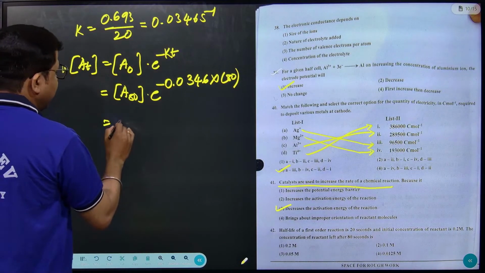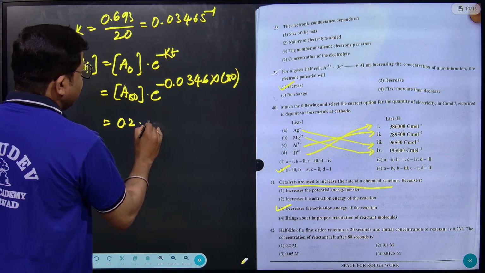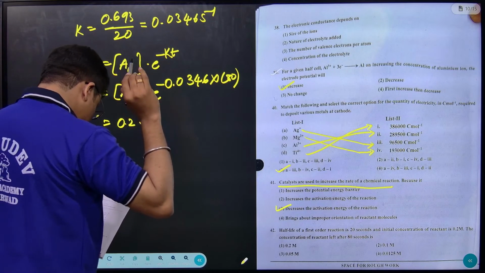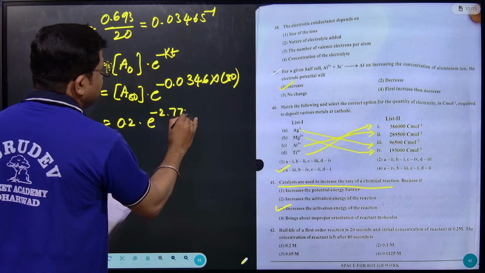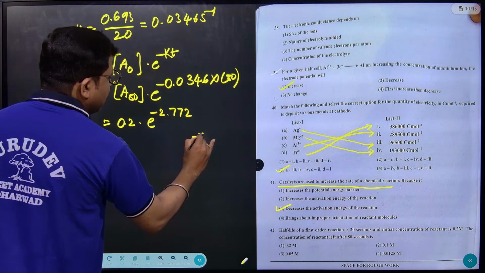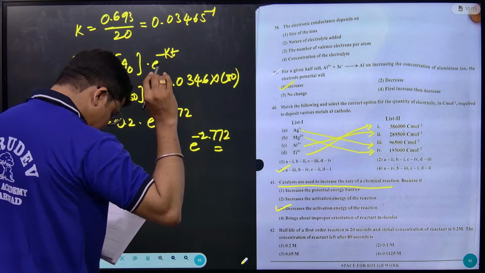The value of K is 0.0346, into t, which is 80. So the value of A_t is 0.2 into e raised to minus 2.772. The value of e raised to minus 2.772 is equal to